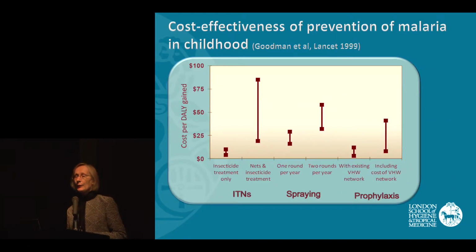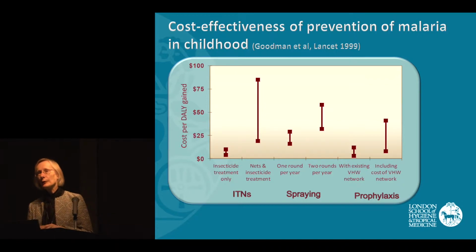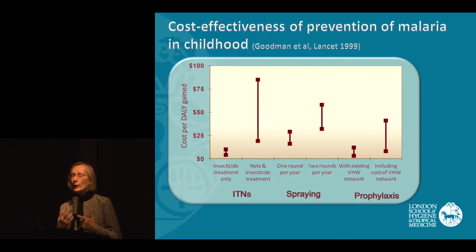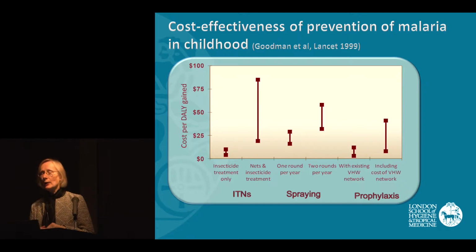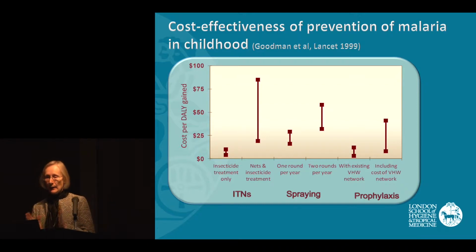So this is the sort of output that those analyses produced. These are ranges of cost effectiveness. This probabilistic sensitivity analysis technique, for those of you who don't know, involves drawing values of the different variables from the literature, calculating minimum and maximum ranges for each of the variables, and then iterating the cost effectiveness calculations many, many times with random selection of the values of the variables, so that you end up with this distribution of cost effectiveness ratios and the range that the ratios are likely to fall